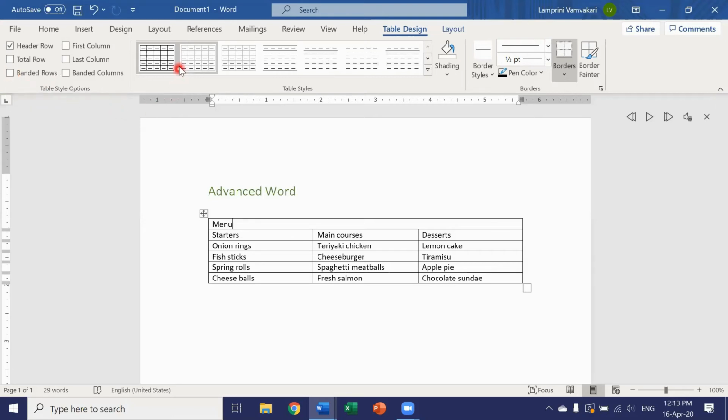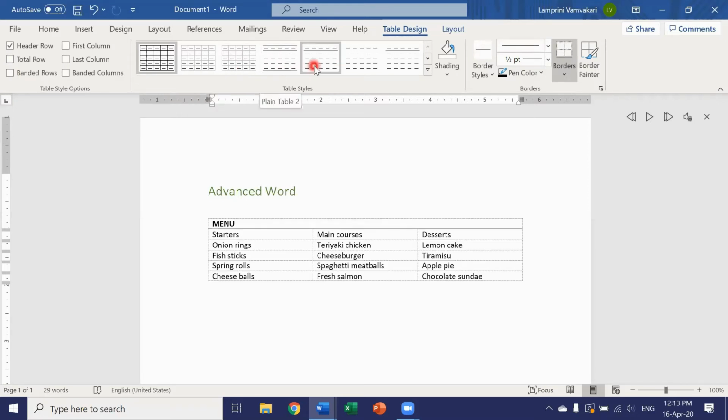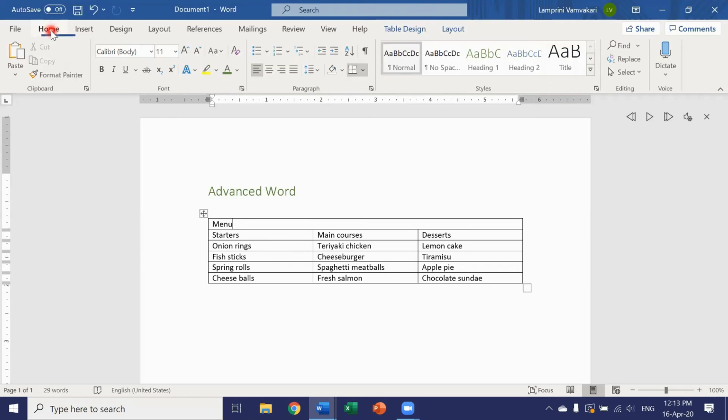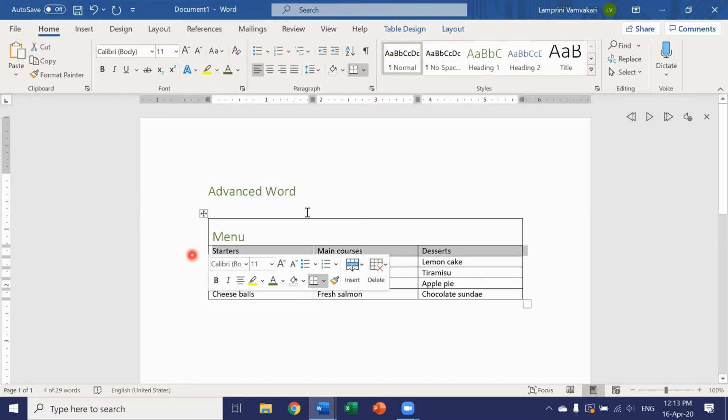Now I can choose from the table styles a style that works for me. Or alternatively, I could go back to the Home tab and choose a style from here. Okay, Heading 1. And for my second row,